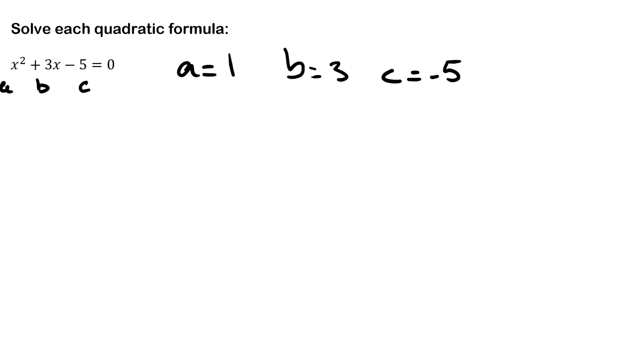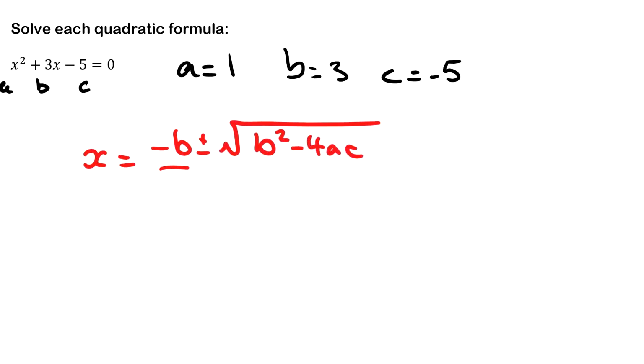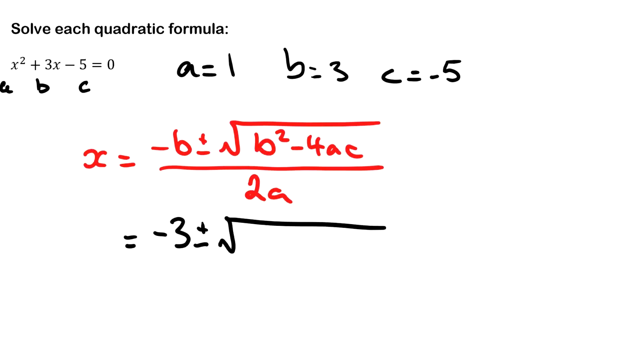It's important that you remember the signs, all right? The signs are included in this. If it's a negative in front, like the minus 5 there, put it as minus 5, all right? Now, it's a good idea to write down your formula. So x equals minus b plus or minus the square root of b squared minus 4ac all over 2a. All right. Now what I do is I can substitute my values in. So I get minus 3 plus or minus the square root of 3 squared minus 4 times 1 times negative